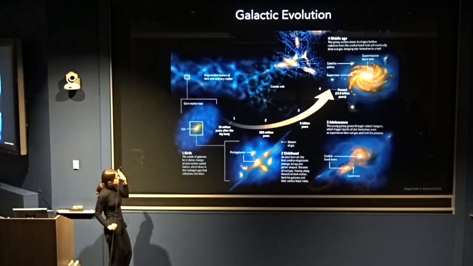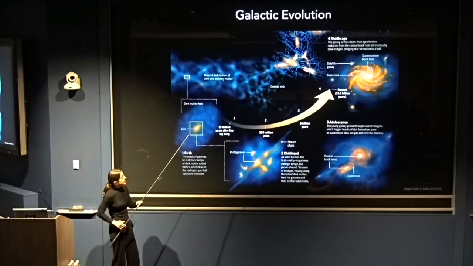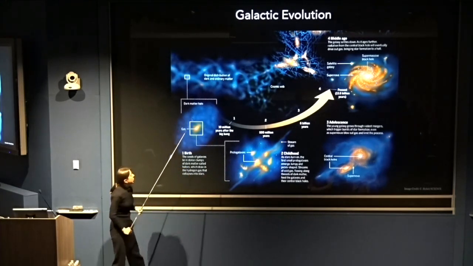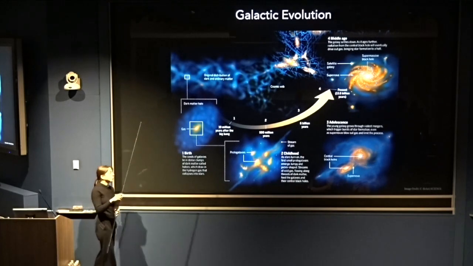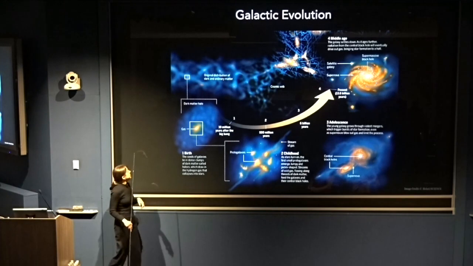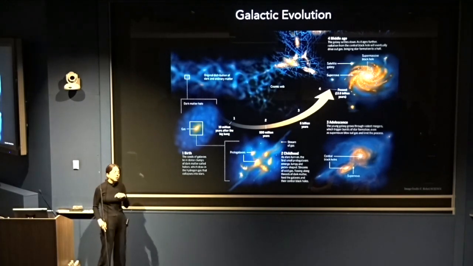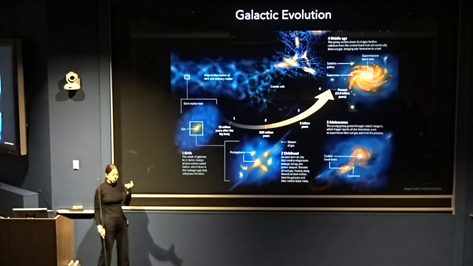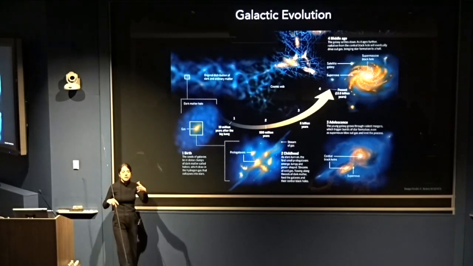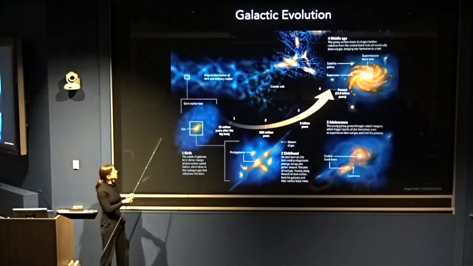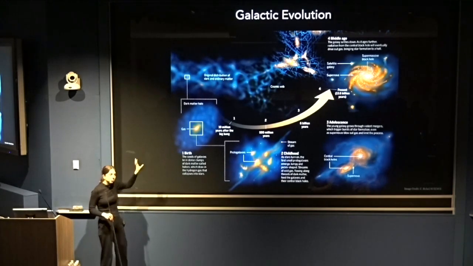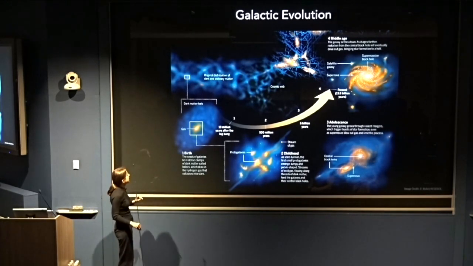So in the stages of getting a galaxy that eventually ends up looking like, let's say, our Milky Way galaxy, we start very early on where there just happens to be an overdensity of matter. In this case, it would be an overdensity of dark matter. And that overdensity of dark matter ends up exerting a gravitational pull on gas that's present. And so that gas sinks down to the center. And that's essentially the birth site of a new galaxy.